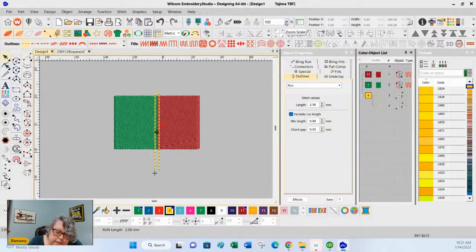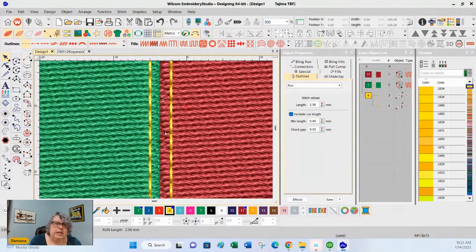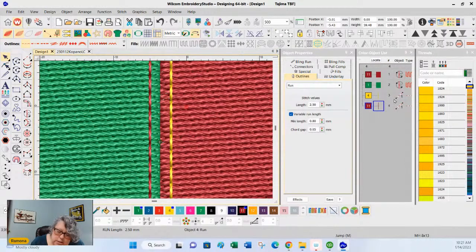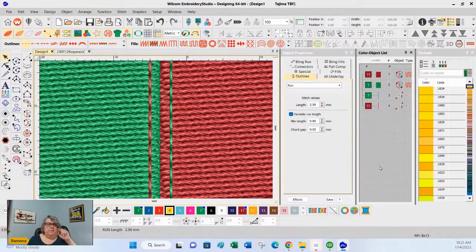Okay. So that's where our stitch penetrations are happening. This is the red stitch penetration. This is the green stitch penetration. And that's good. With our density setting at 40, this space here where they've overlapped, you now have twice as many threads.